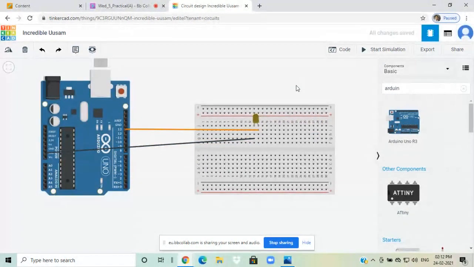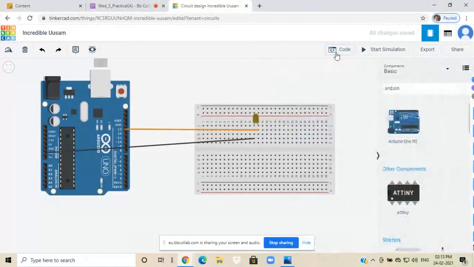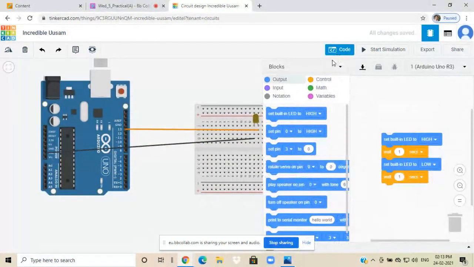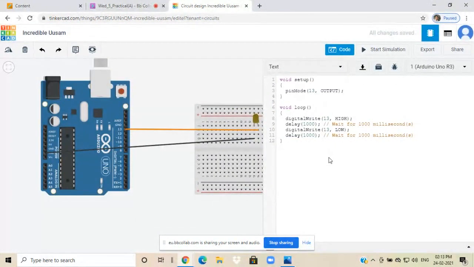Okay. Now in the Tinkercad software, it provides the codes as well. Okay. So when we click on the code, so different options are there: blocks, blocks plus text, and text. So I will pick the text, then press continue. Okay. So one feature of Tinkercad is that it provides the code by itself. If we want to change the code, then you can change it. Okay, you have to select the code and you can delete that part. Otherwise, you can use the same code as well.